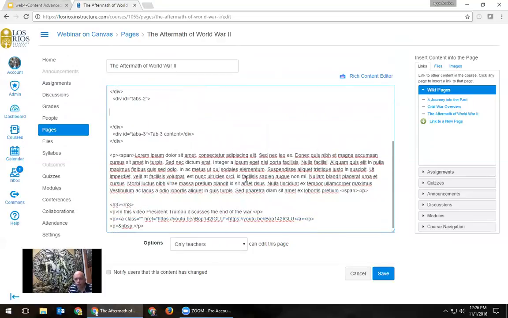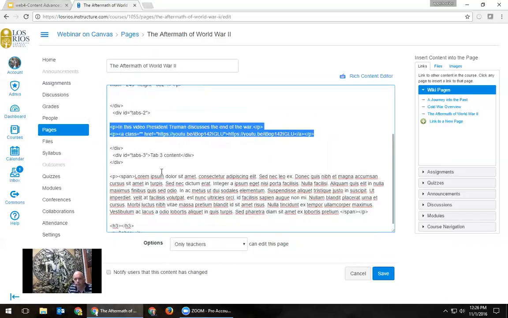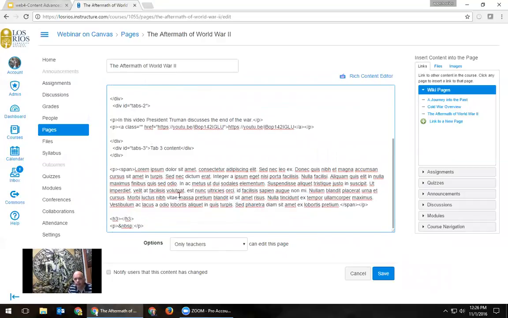And then for the div ID tabs 2, I'm replacing the text that says tab 2 content. That tab 2 content was this section of the video. So I'll select that, and I can click and drag and move it up here. Okay. Again, I'll leave the tab 3 content there, and I'll go ahead and say here is some